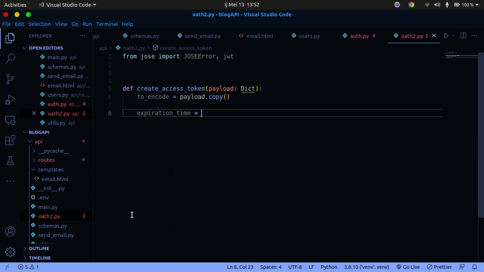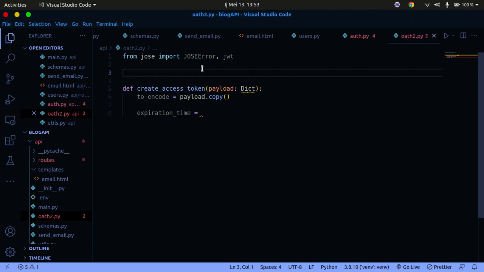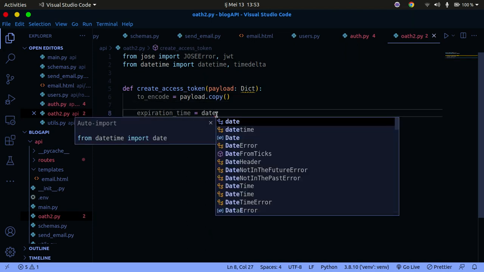Okay, so I'm going to use datetime. So I'm going to go ahead and import from datetime. I'm going to import two things from datetime: datetime, and I'm also going to import timedelta. I think it's called timedelta, just like that. So I'm going to go here and simply say datetime